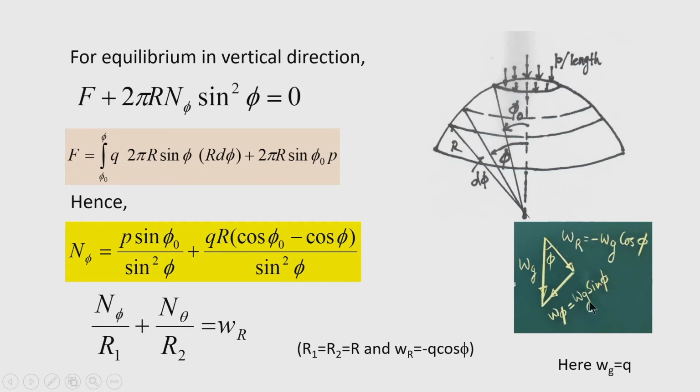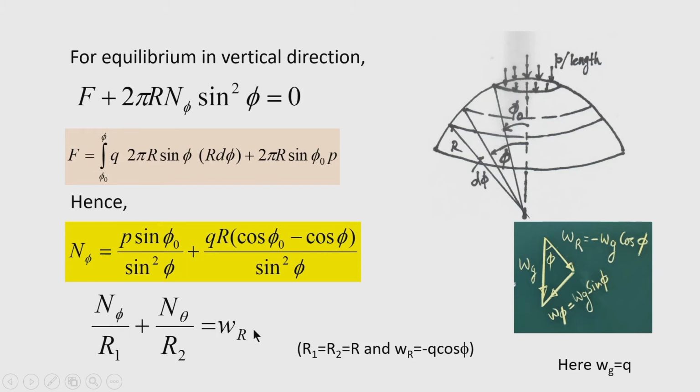W phi is W g sin phi, this component. So now we substitute this W r into this expression, and therefore we get a relation: n phi plus n theta equals W r into r, because r 1 equals r 2 equals r. If I multiply both sides by r, then the equation becomes simply n phi plus n theta equal to